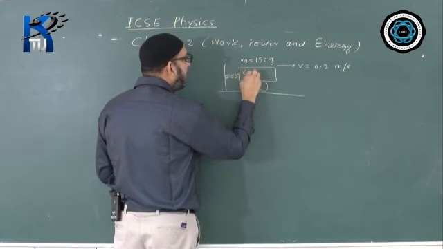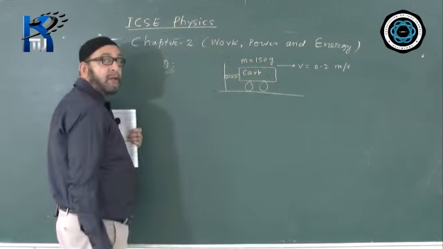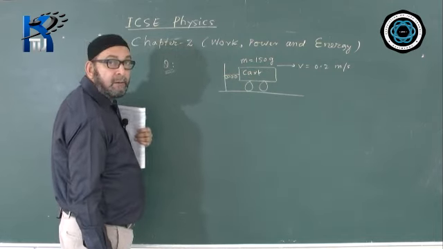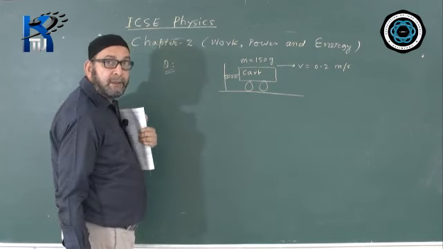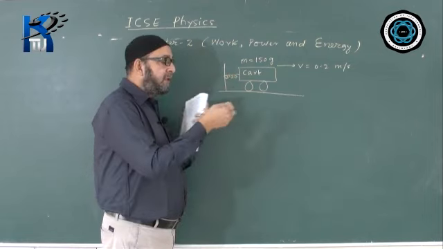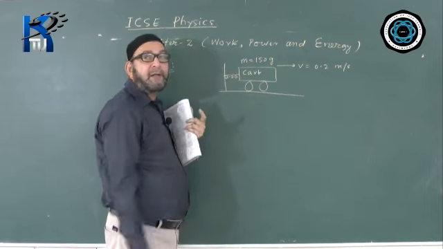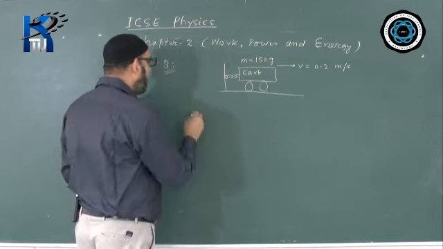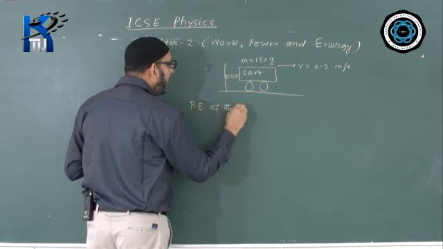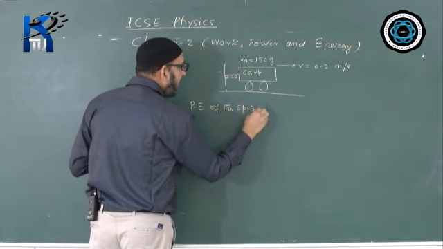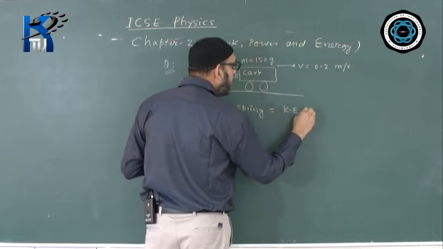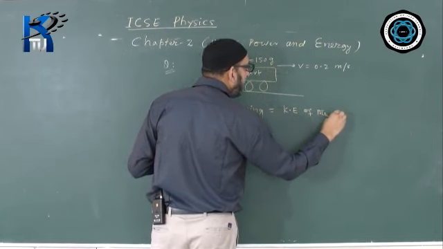This is the toy cart. How to calculate potential energy? So in this situation, we will see what kind of energy conversion is taking place. Spring stores potential energy. When you release it from the spring, that only provides the kinetic energy of the cart. So we will be writing the equation like this. Potential energy of the spring is changing into the kinetic energy of the cart.